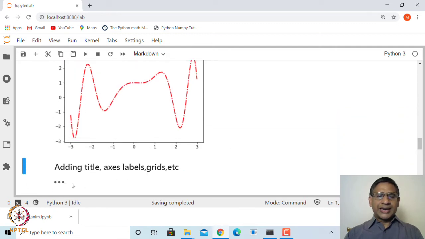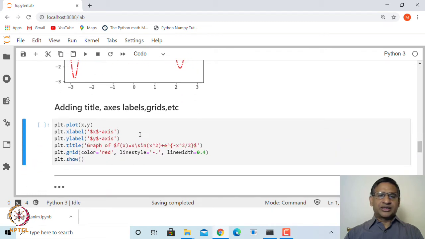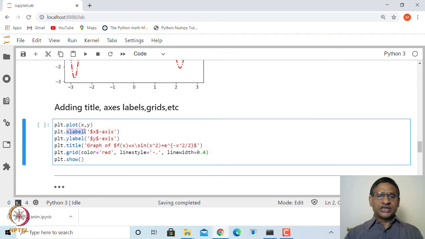Similarly, if you want to add, let us say, axis labels, x axis and y axis, you can use xlabel, ylabel, and then you can put a title on this graph, and you can also add grid lines using the function plt dot grid, and you can mention the color of the grid, what the line style should be, and what the line width should be.